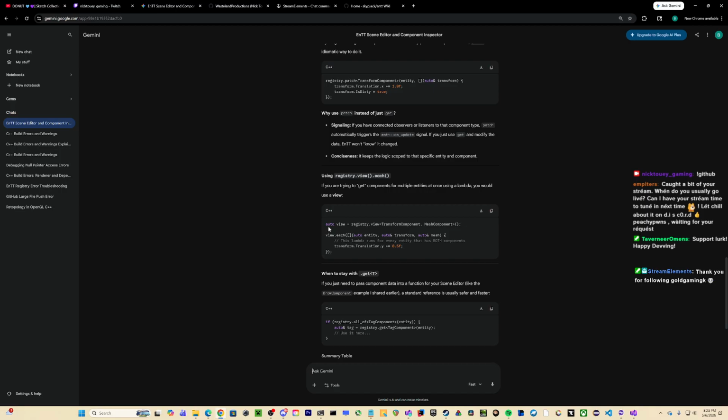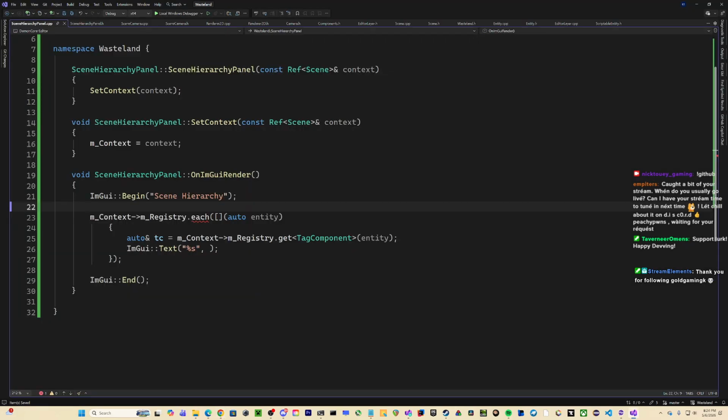I'm still trying to figure out what this is, since I'm still, I guess, learning how to use this. Registry view. No, I probably could do view.each. That's probably what I'm messing up here.